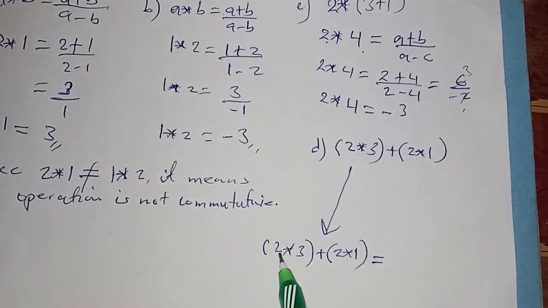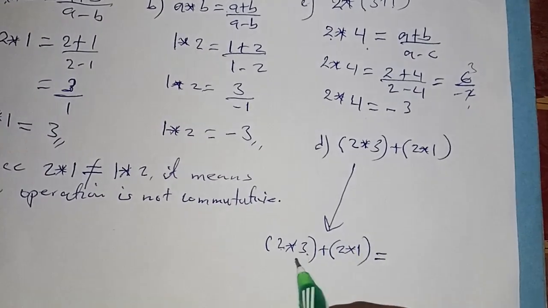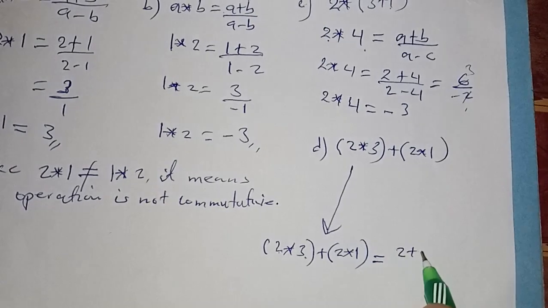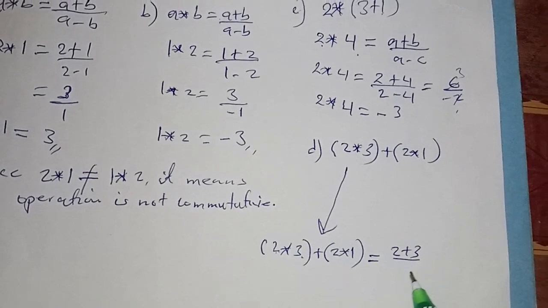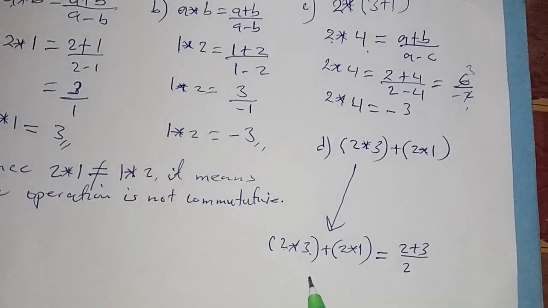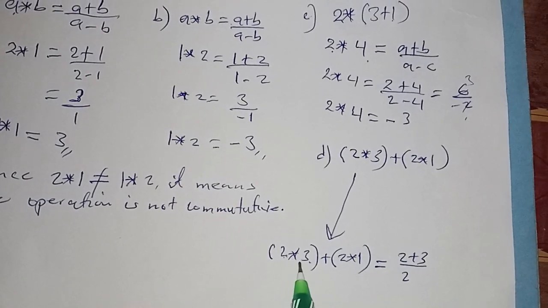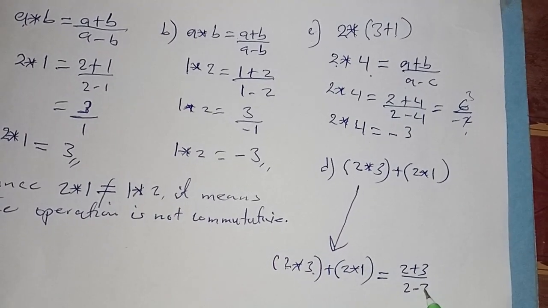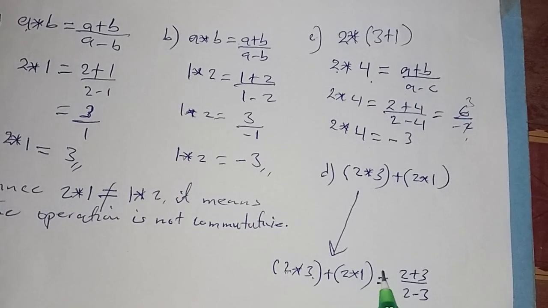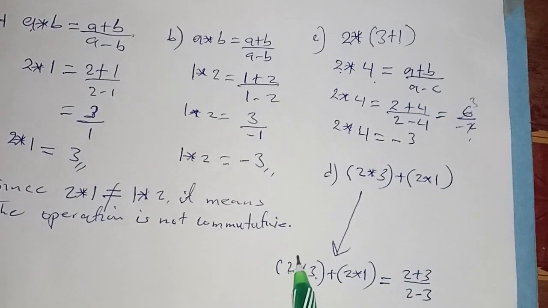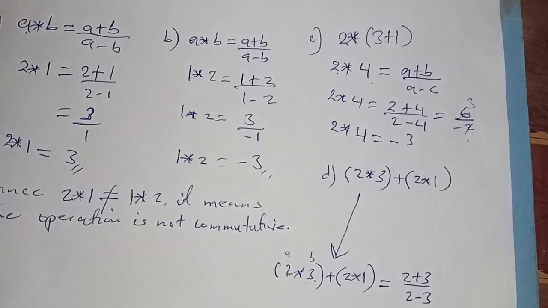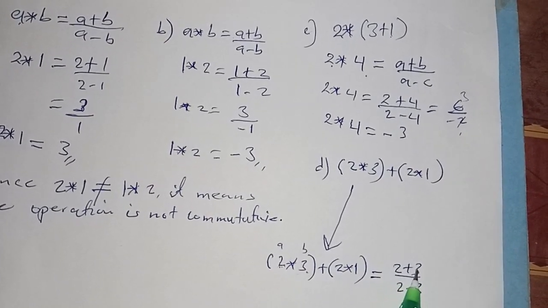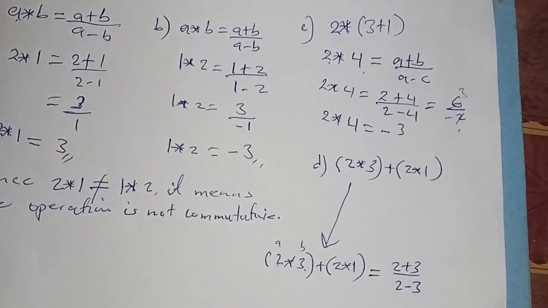The first one is A, right? The second one is B, right? For this first one, it will be 2 plus 3 over 2 minus 3, right? Which is B, which is A. The first one was 2, which is A, and here is A, and here is B, right? So in the equation, we know that this is A plus B and A minus B, right? Plus